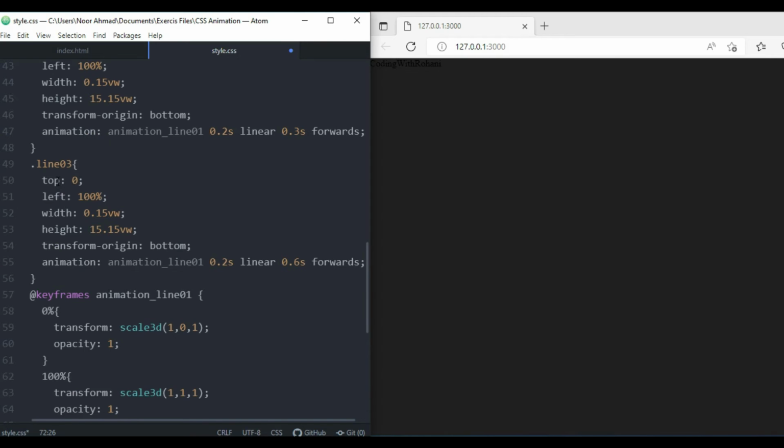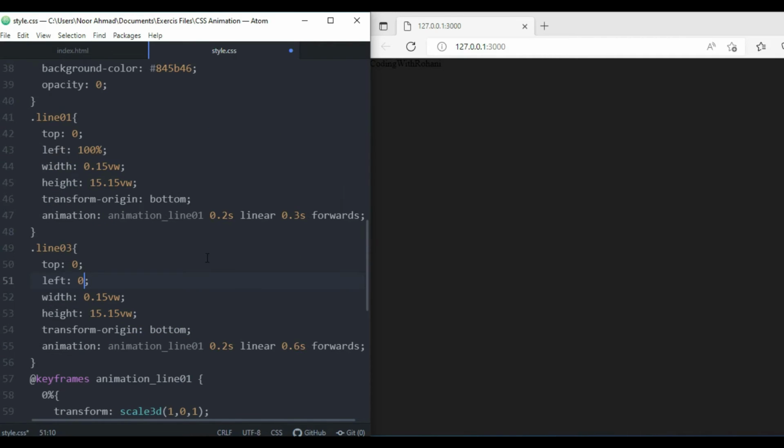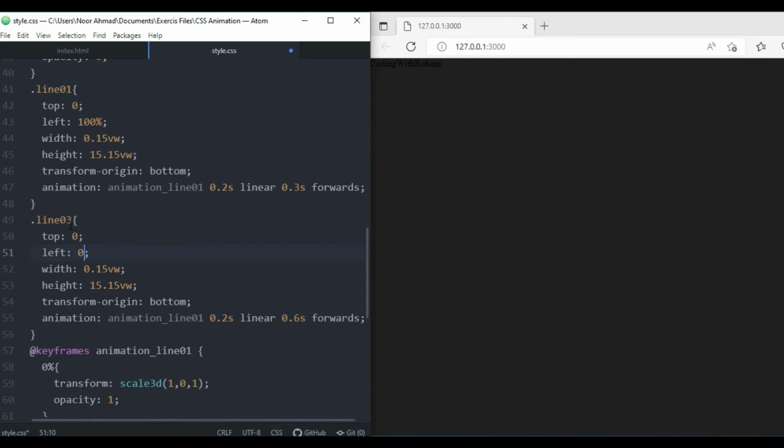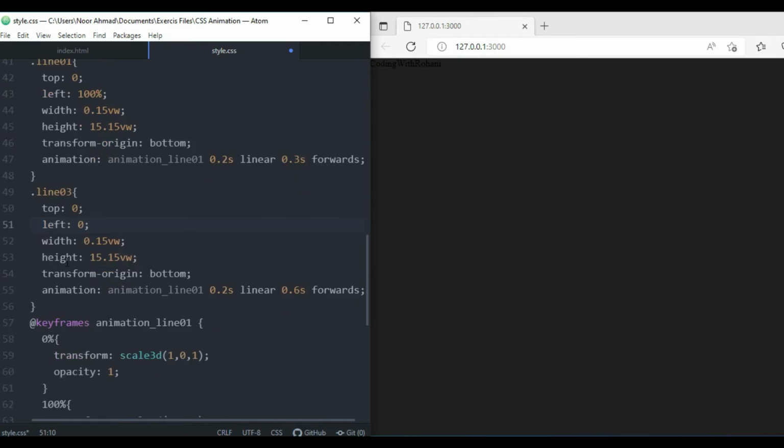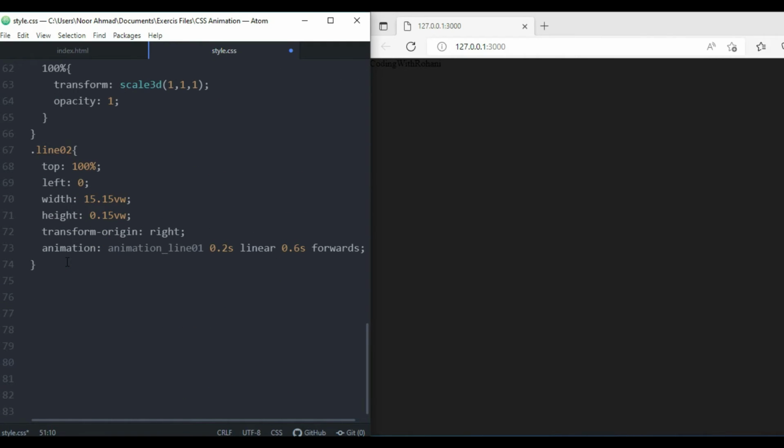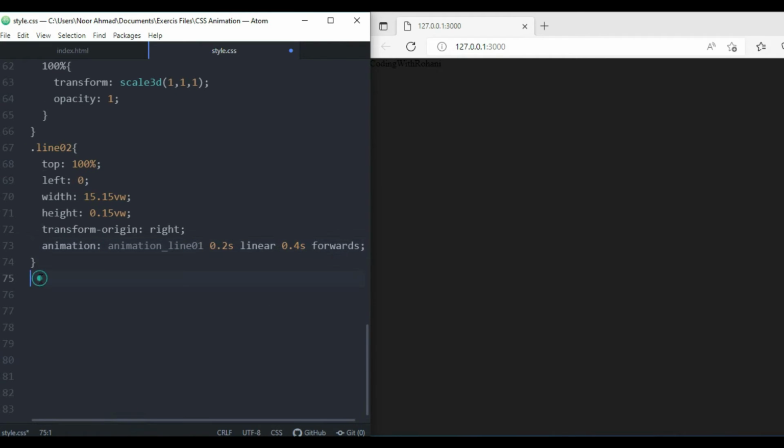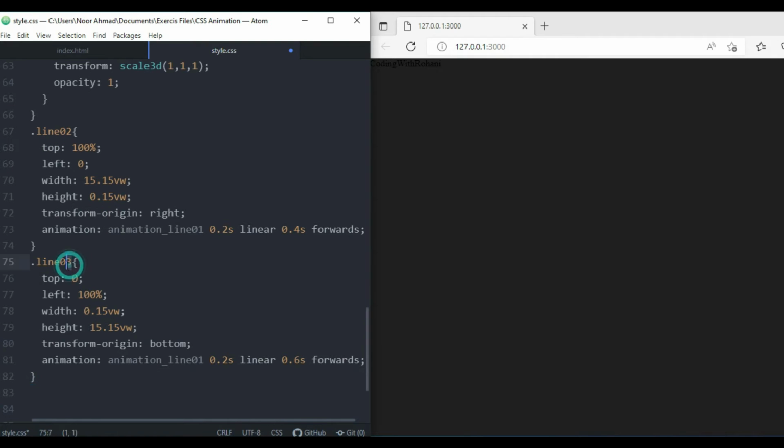and for liner 3 what we are going to do, for left we are going to add 0, and everything is the same. So that line 3 we are going to add top 0 and left 0. And for line 2 what we are going to do, top is 100, left 0, width will be 15.50 W, and the height is the same. Right, and everything is good to go. Now let's add this for line 4. Right, so we are going to paste it again for line 4. At this time the left is 0, and let's add 15, and the 15 will be 0. So this one is left,